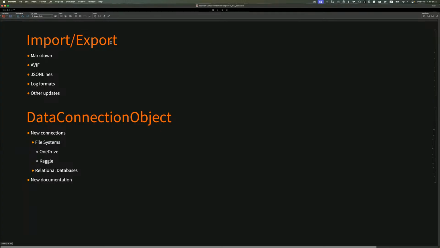And there's a big push for getting data connected to other systems that are not necessarily on your computer, which DataConnection object makes it possible to seamlessly import directly into memory from these other systems. At 14.3, we expanded on it with OneDrive and Kaggle as file system type connections. Kaggle is pretty nice because that gives you a wide variety of sample data to bring in and play with from the wild. We also introduced relational databases,